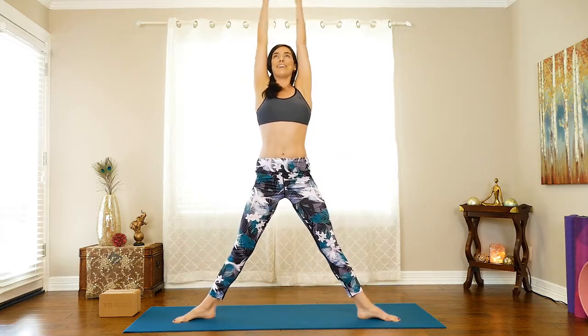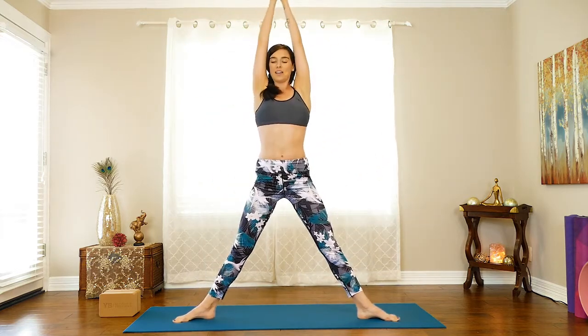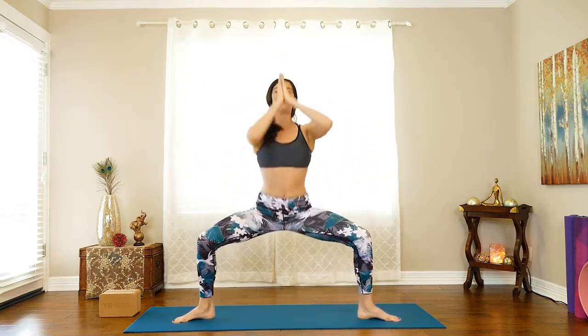Go big, sit low. So this is just building on some of that motion we created with the warrior 2 to star, because now we're doing both legs at the same time. You're doing great. Keep moving. Let's go for 4, 3,